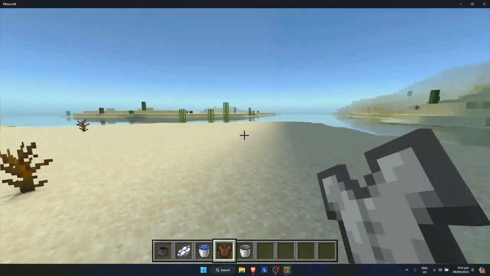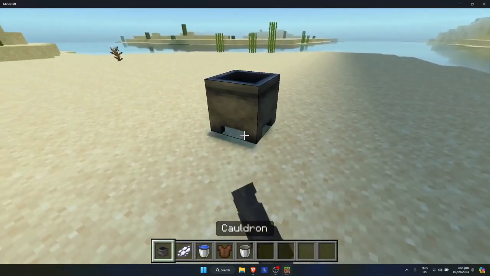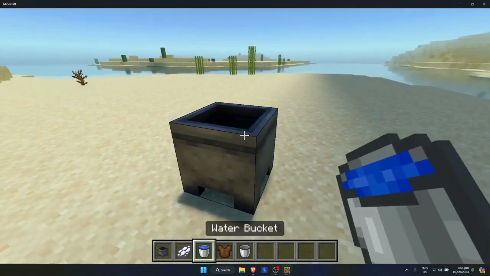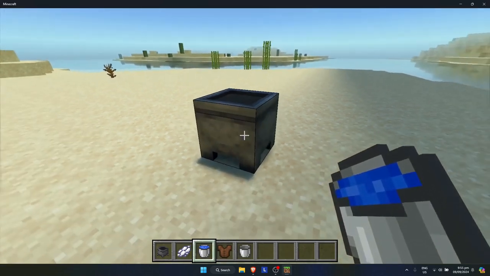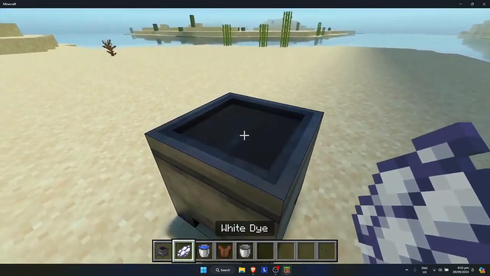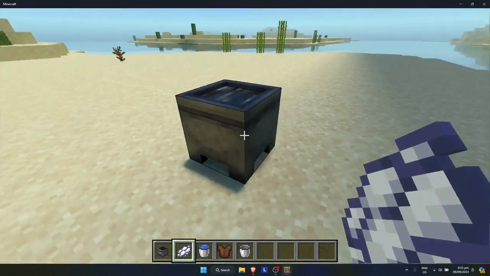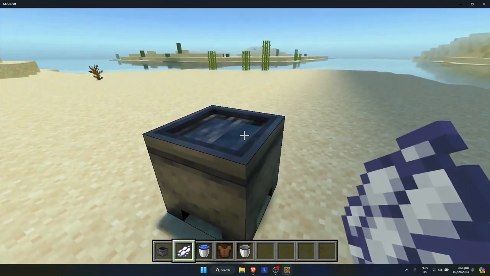And for Minecraft Bedrock, you just need a cauldron, so just put it right there, then get your water bucket, then right click on it, put water. Now get your dye and right click on the cauldron again, and it will turn the water to whatever color